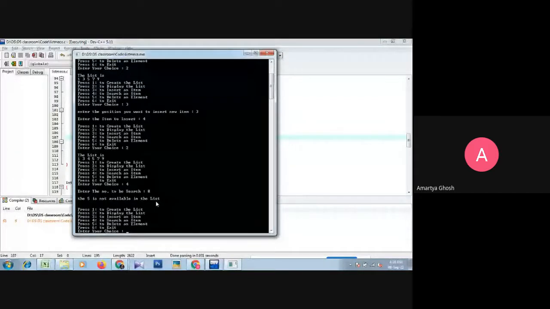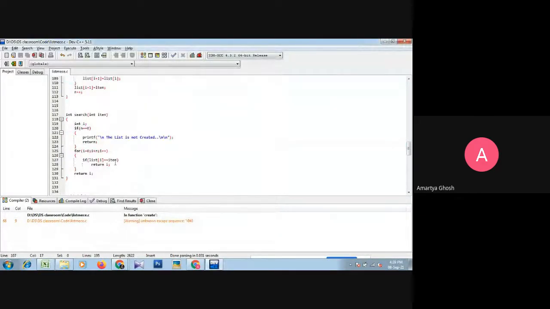I think there is a problem. What is the problem? In the search item, print the list is not created.